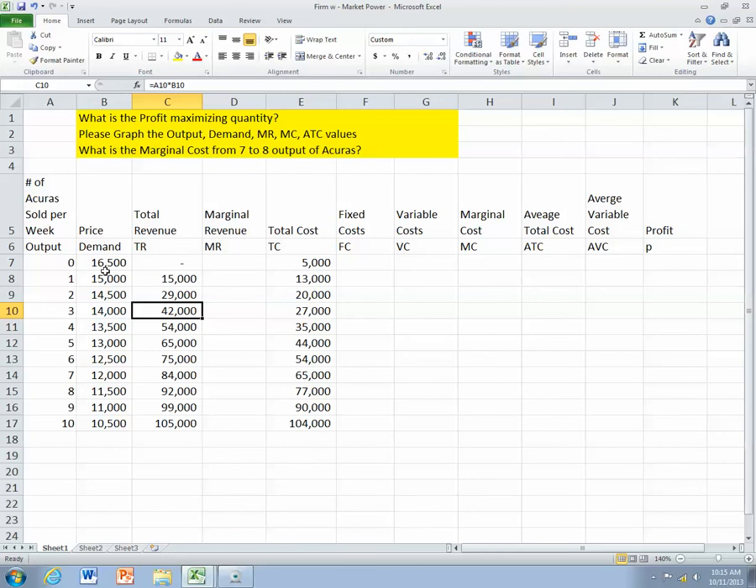Here's again the price for each car demanded. Again, it goes down as I sell more of these cars, right? So marginal revenue, I can't have marginal revenue at 0, because what's the marginal revenue between 0 and 1 output? It's going to be 15,000, because I'm looking at total revenue. What's the difference between 0 and 1 in total revenue? So it's equal to this 15,000